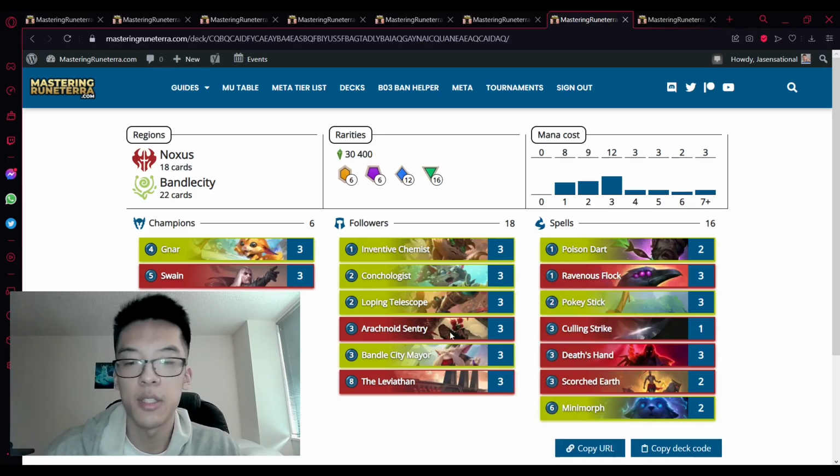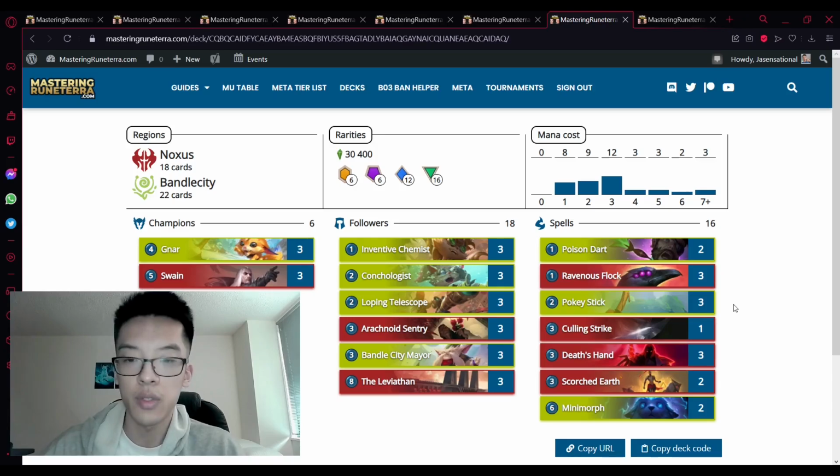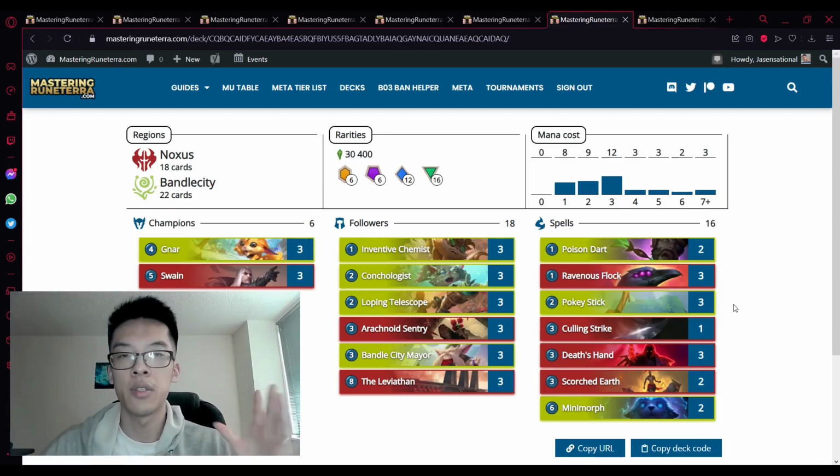Cards like Loping Telescope and Bandle City Mayor just allow us again to get that flexibility. Maybe we want an Equinox, maybe we want a Moonglow, maybe we can get an Aloof Traveler. It's just very situational cards that make it very flexible no matter what sort of deck we play against. As long as there isn't a prevalence of